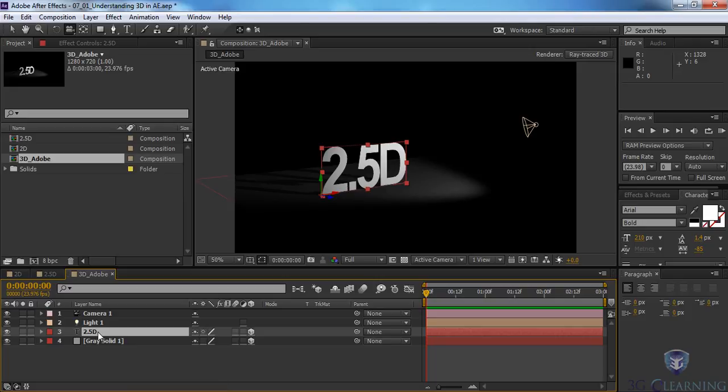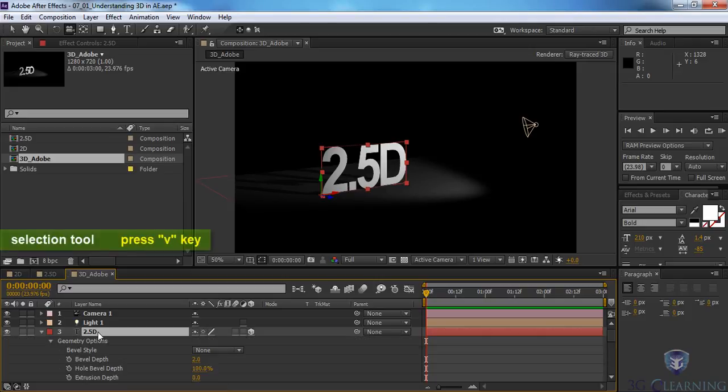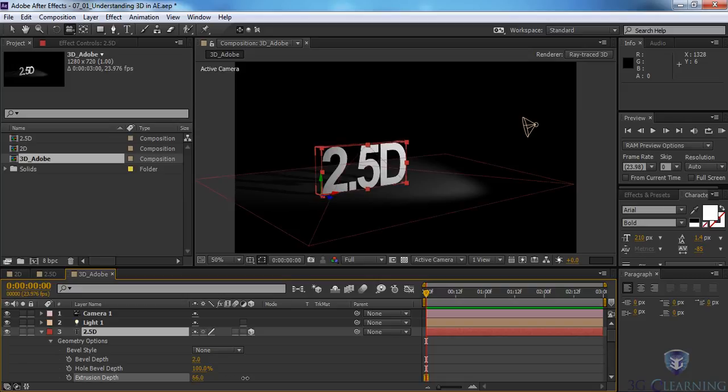If we select our text layer here, layer 3, and press AA to open its material options, notice now that I have geometry options. So if I wanted to, I could extrude this text in 3D space. I'm going to go here under my extrusion and just click and drag, and let's extrude this out to around